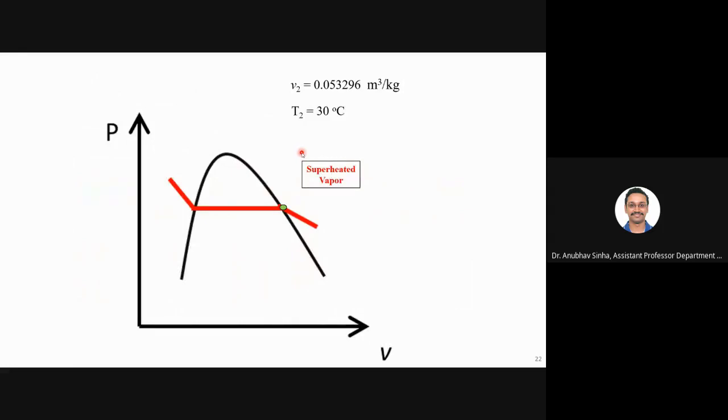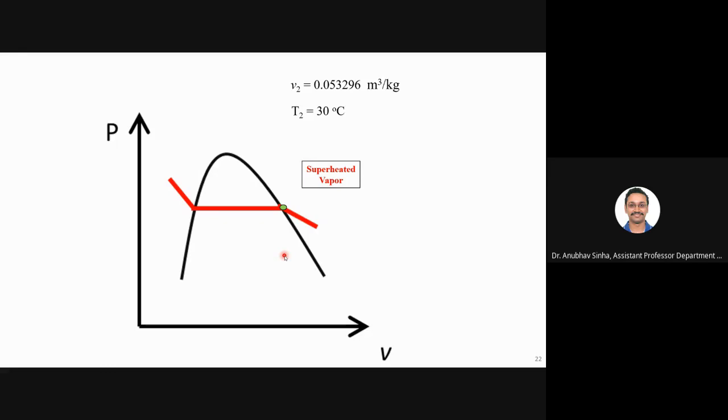So you can look at this plot. For V2 we have this volume and this temperature. As I mentioned, we are following a constant temperature line, an isotherm. If in a PV plot you follow a constant temperature plot, this is where we started. We have started with saturated vapor. So if I double the volume, what will it become? It will go this side or that side. What will be the final state? This green dot is where I am starting. This is the initial condition. And I double the volume. So what is the final state of that mixture?